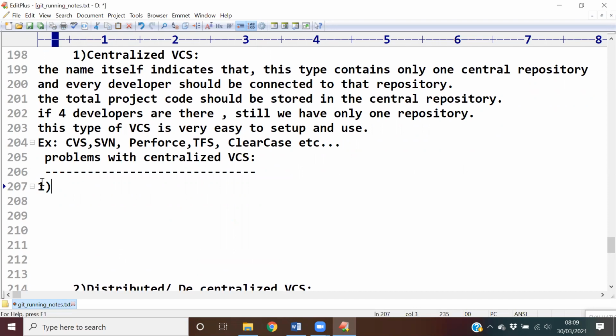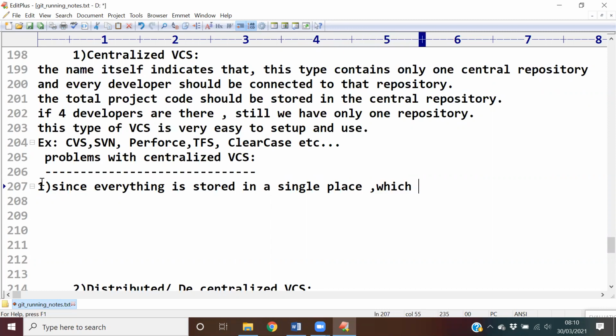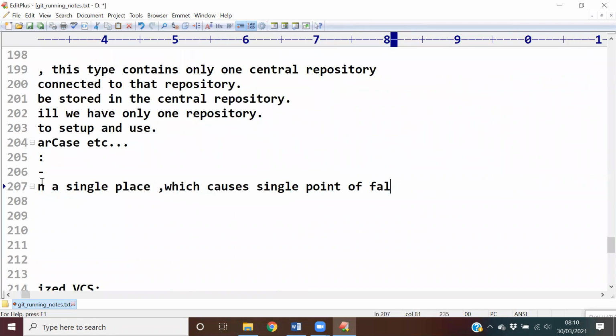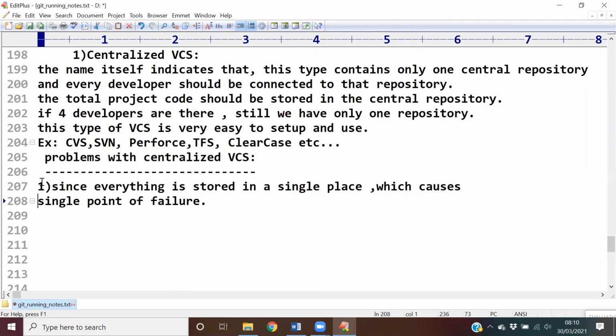Since everything is stored in a single place, that is, the centralized version control system, which causes a single point of failure. If something goes wrong